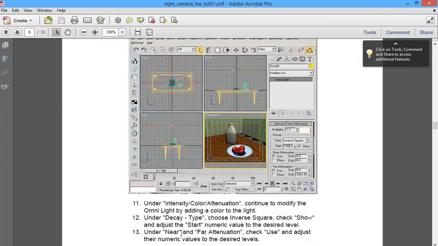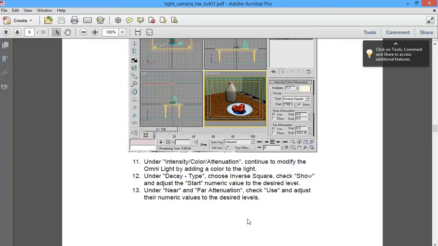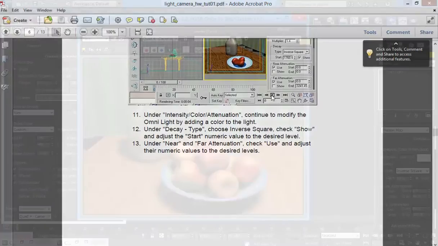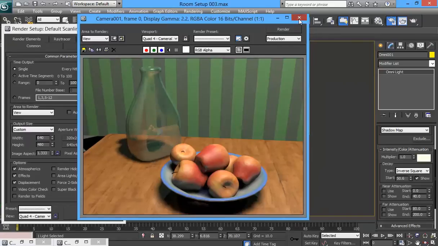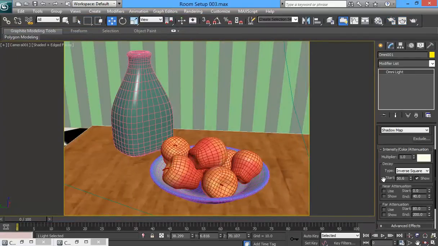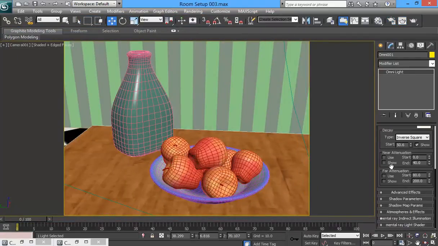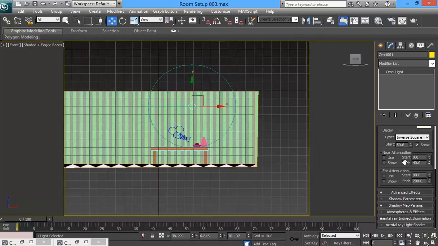The next part, under near and far attenuation, check use and adjust their numeric values to the desired levels. So I'll explain that. So I still have the light selected. I'm going to close that for now. I don't typically use near attenuation, just because the way a light will typically work is a near attenuation means that if I go to the front view here, I can show you what it's doing. So if I check use,